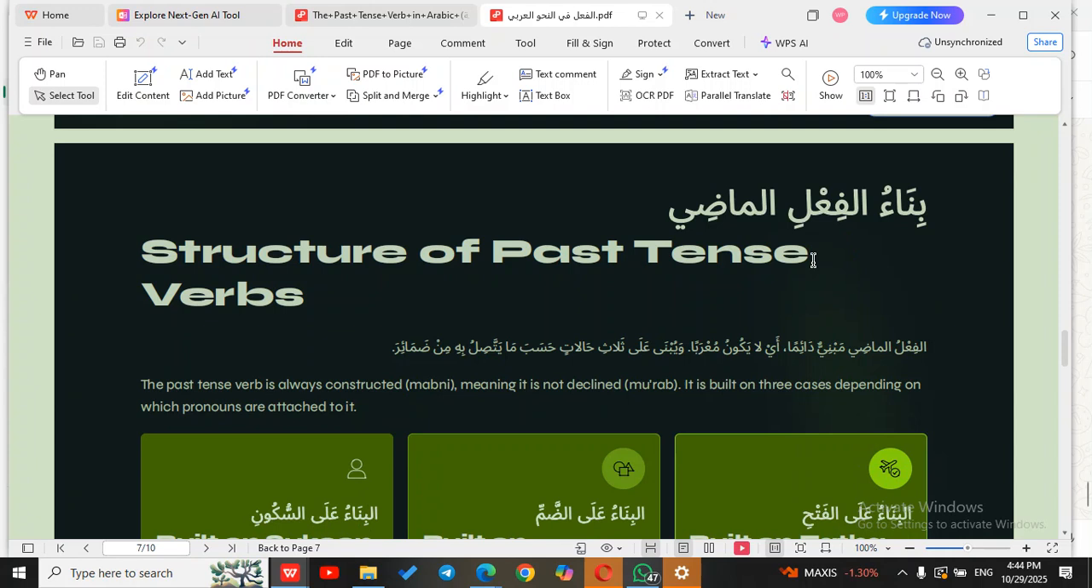You know, we have three types of verbs. We have madi, mudari', amr: past, present, and command, which is imperative. How are we going to identify madi, which is past, from the others? Now, it said,